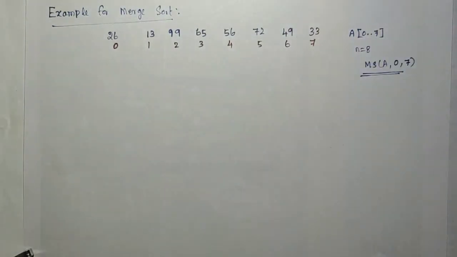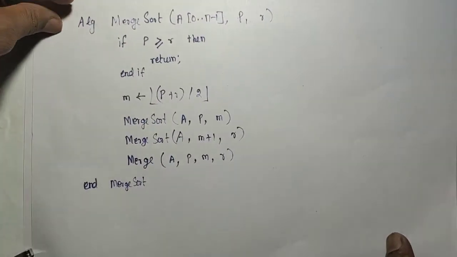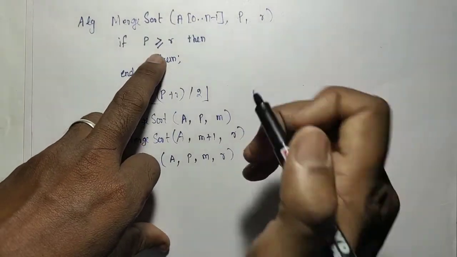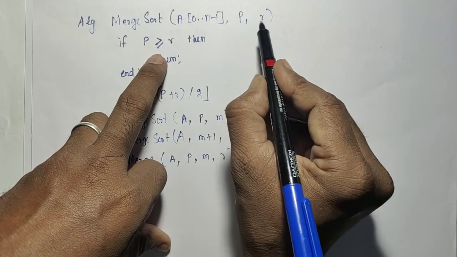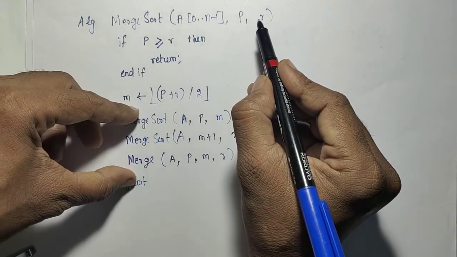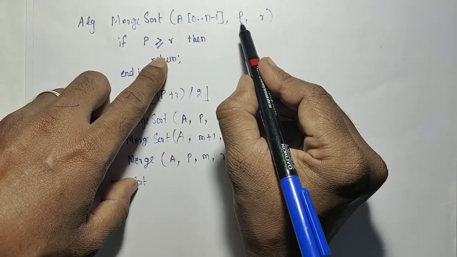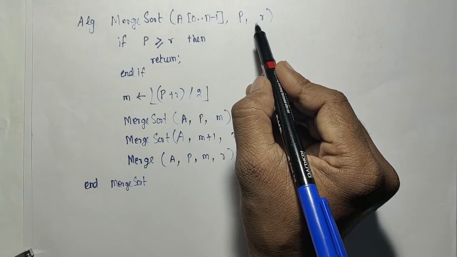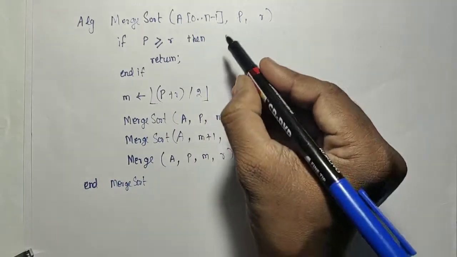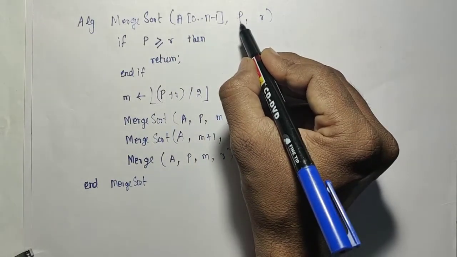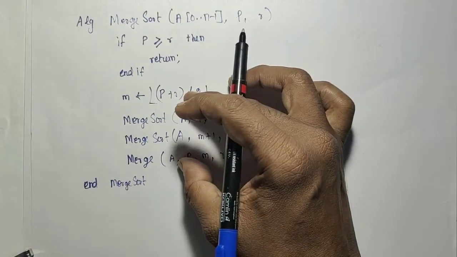So how is this array going to be sorted? Just to remember, this is the algorithm we are going to apply. P and R will be checked first. If P and R are valid, then we can apply the algorithm. If not valid, we just return. Valid means, if P and R are equal, only one element is there, so no need to sort. If P is greater than R, that is the lower index is greater than the higher, then it is an invalid index, and in that case also no need to apply the algorithm.